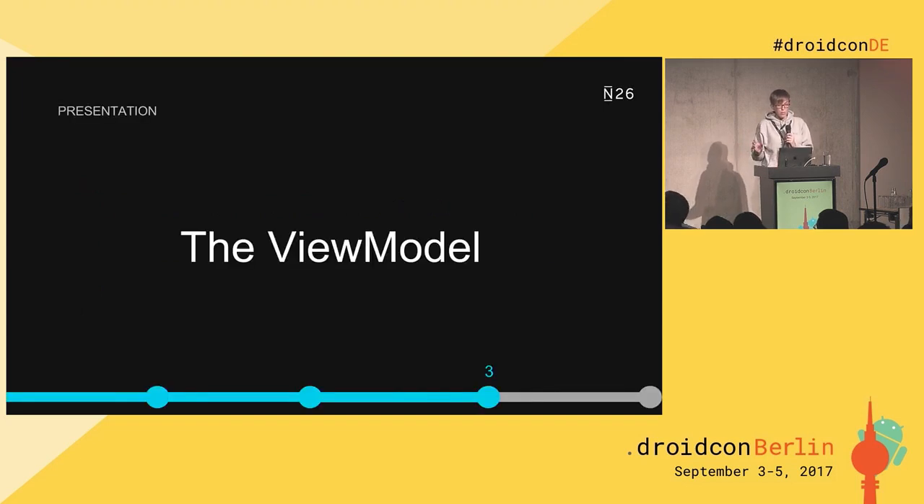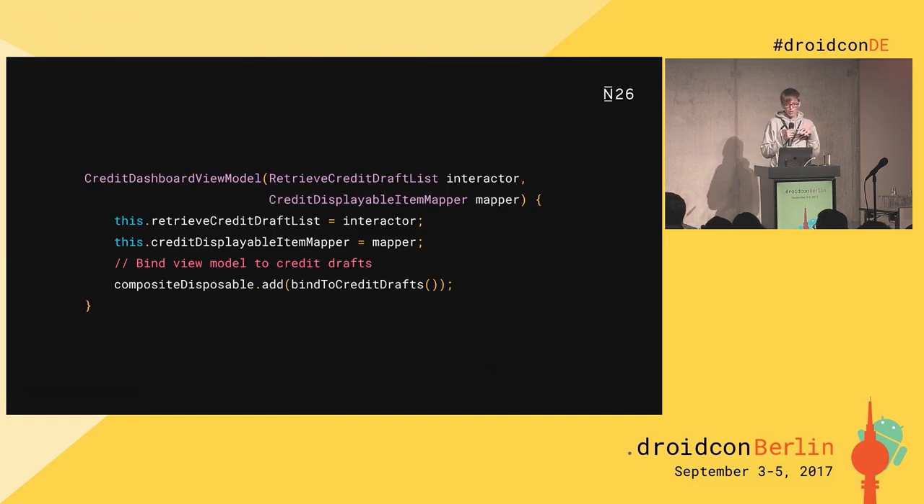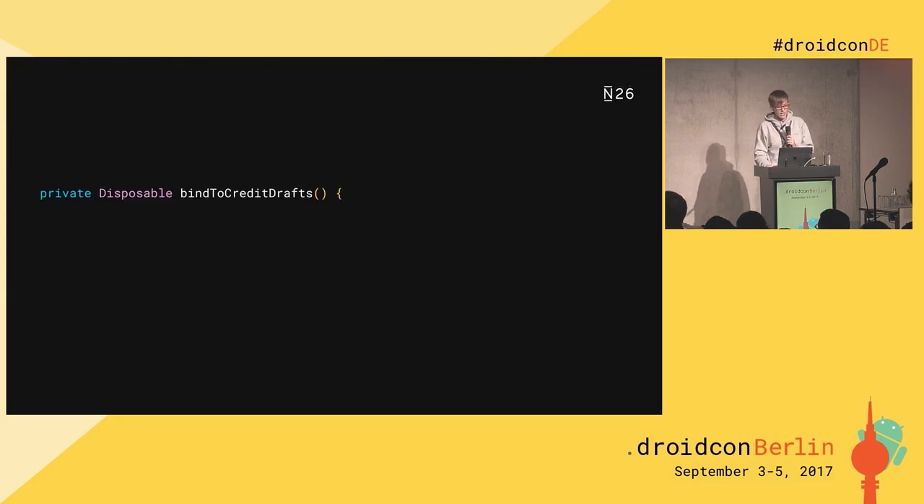Next step is the view model. In the view model, we are going to put everything together. We are going to connect everything and expose live data for the fragment to consume. But one thing to note here is that last line where we're going to bind the view model to the credit drafts. What do we mean exactly by this? Let's see. So we have this bind to credit drafts method,